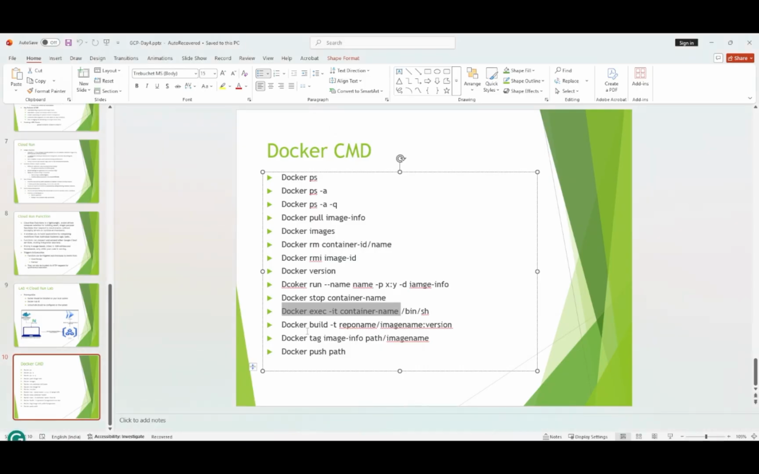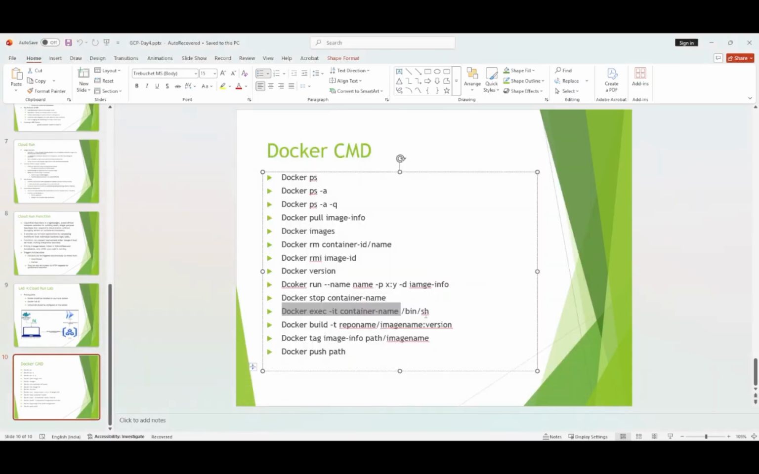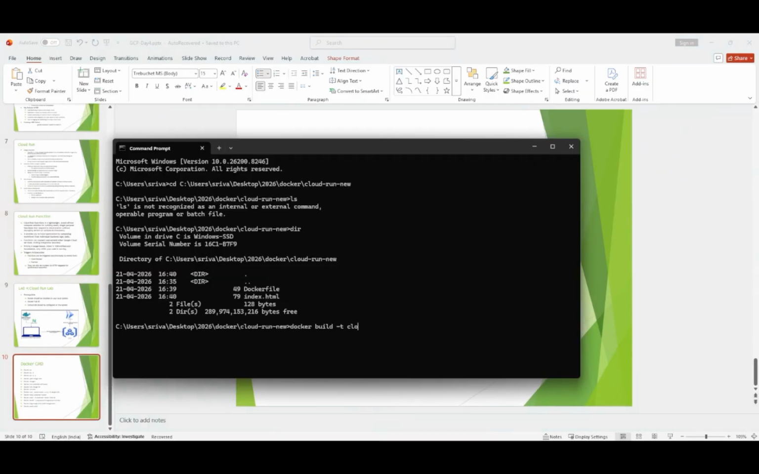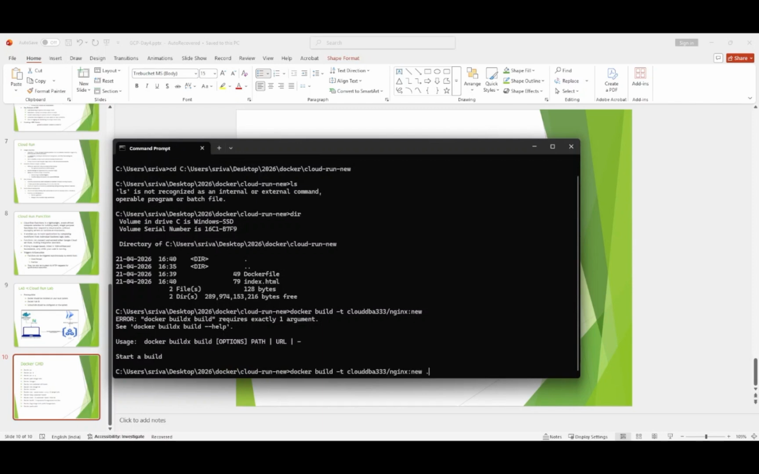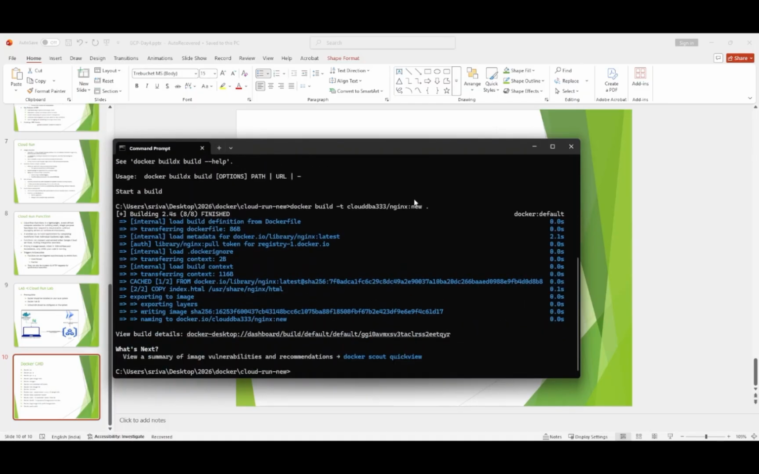For building we have this command: docker build -t repo name and then image name/version, right? So let's try to do that. docker build -t repo name cloud dba /nginx new, and then from the current path you have to build it. That's what I am trying to say. After that you have to put one dot, so it will build this image from the current